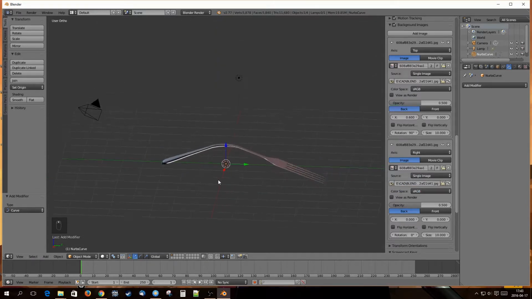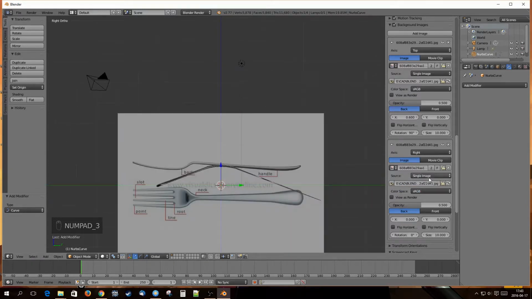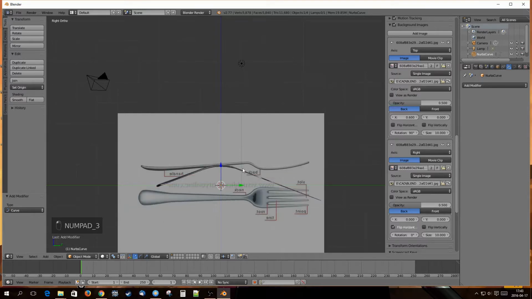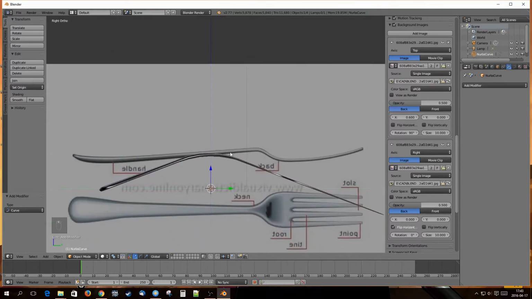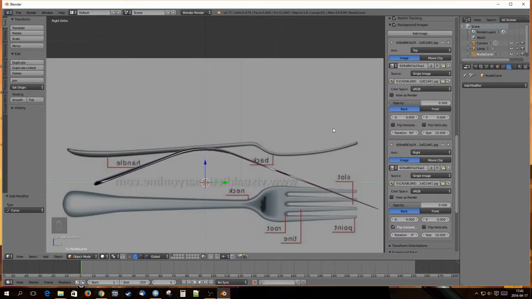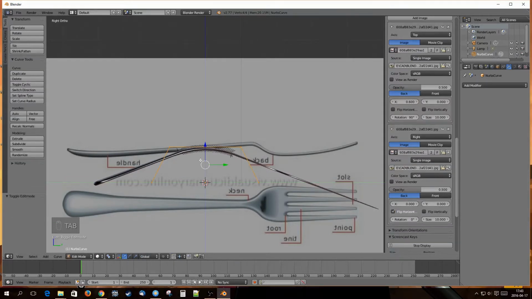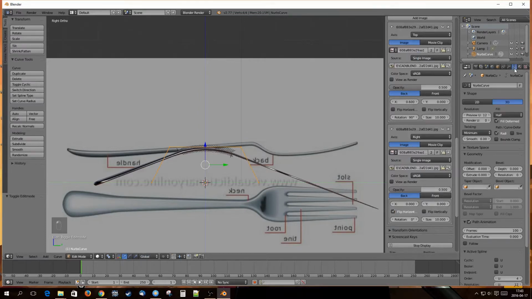Now we need to flip this image horizontally, and now we can edit this curve. So with curve selected, we press tab to edit, and here we need to check endpoint and check bounce clamp,